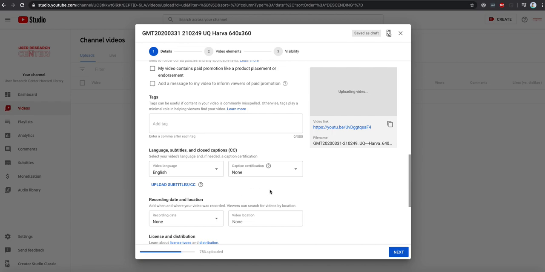One thing to note with YouTube is that they often call closed captions subtitles in many of the areas. So just be aware that subtitles and closed captions, while they are different things, YouTube often treats them the same because they often use the same sort of file formats and you would upload them in similar ways to your video. I'm going to click the upload